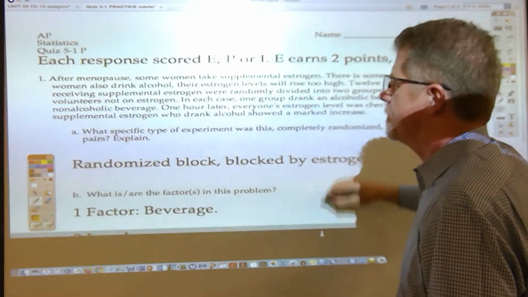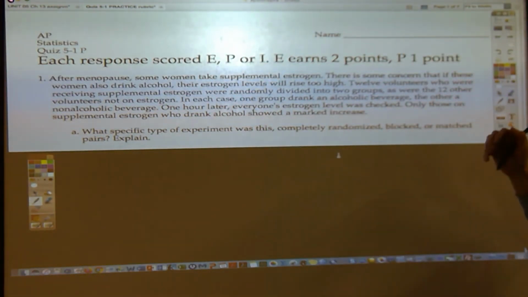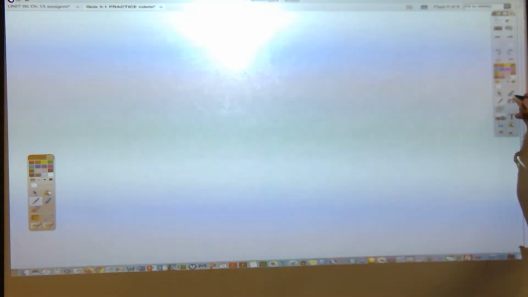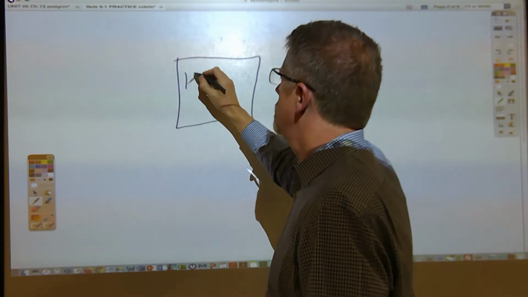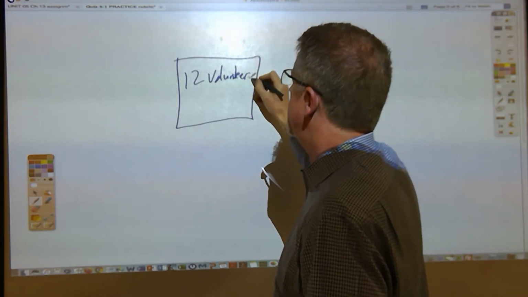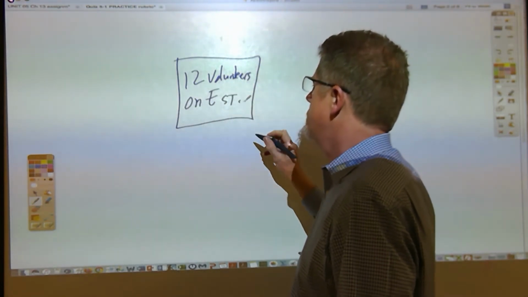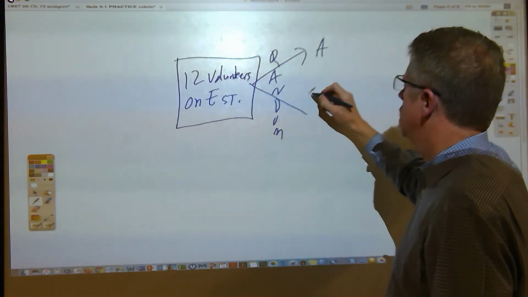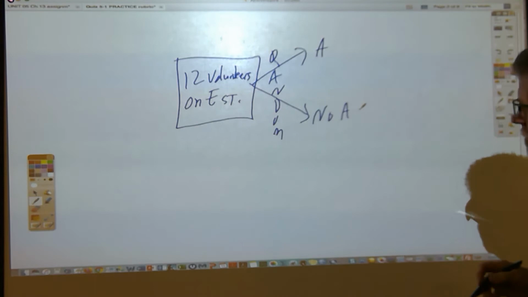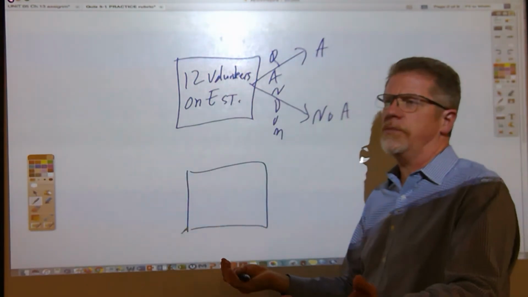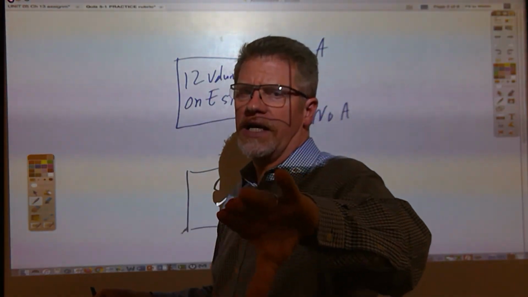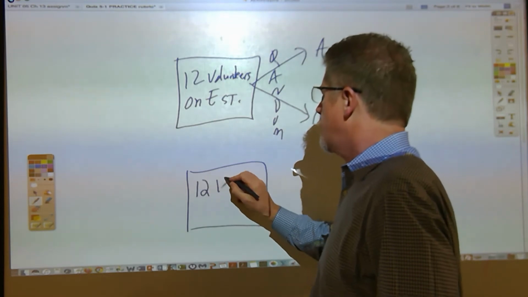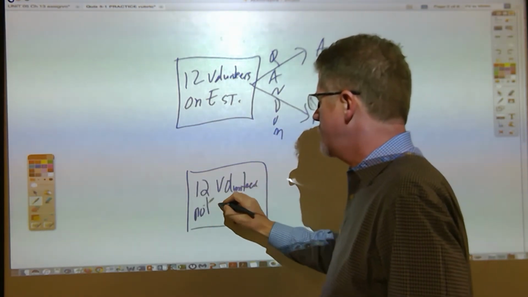And the practice quiz was the menopause problem. What specific type of experiment was this? It was actually blocked, because if you were to diagram this experiment, you would see that if you read carefully, there were 12 women, 12 volunteers who had been taking estrogen, so on estrogen, and they were randomly assigned. So here's a diagram of the experiment. They were randomly assigned to either the alcohol treatment or the no alcohol beverage, alcoholic beverage or no alcoholic beverage. And then, since you can't assign someone to, okay, we're going to give you the treatment of having been on estrogen for the past 12 months. No, we can't